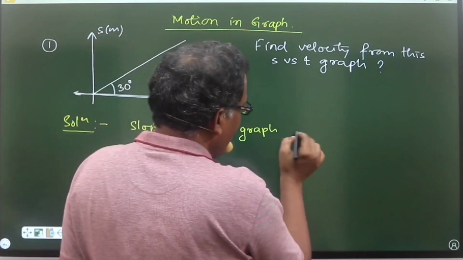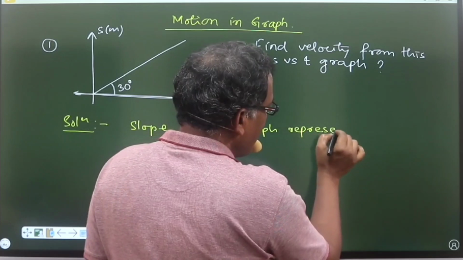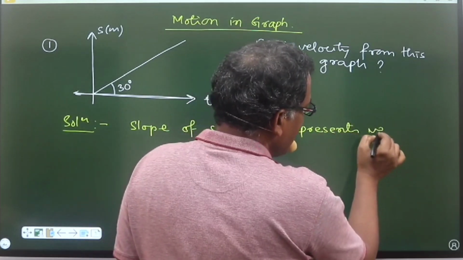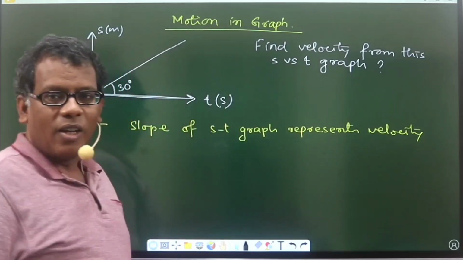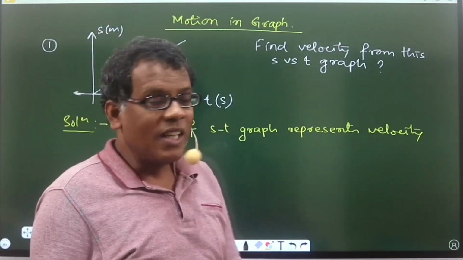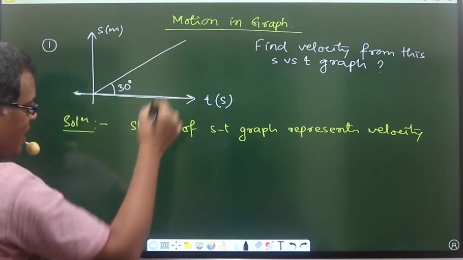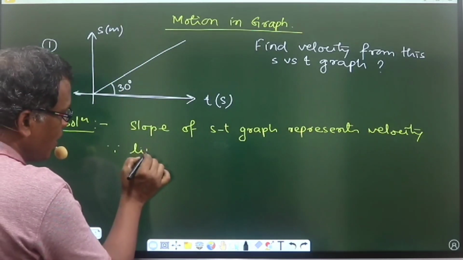This slope of the ST graph represents velocity. So as because the slope of the ST graph represents velocity, so here this line, y is equal to,